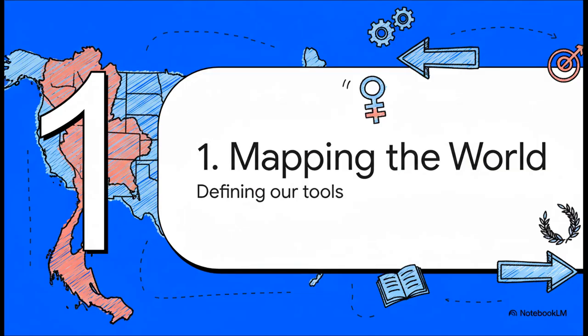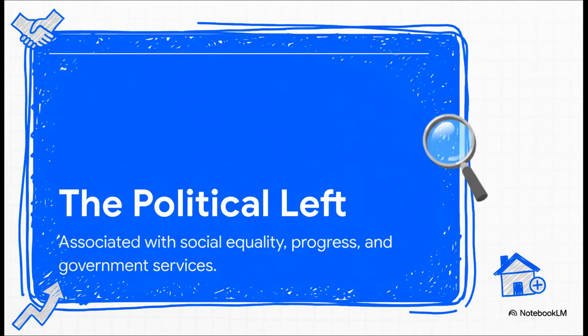Okay, let's dive in. Before we start pinning parties on a map, we kind of have to agree on what the map even looks like, right? So let's lay out the basic framework we're going to be using for this whole explainer. So our first big landmark on this political map is the left. Generally speaking, you can think of this side as focusing on the well-being of the whole community. It's all about ideas like social equality, moving society forward, and using government services to create a strong safety net